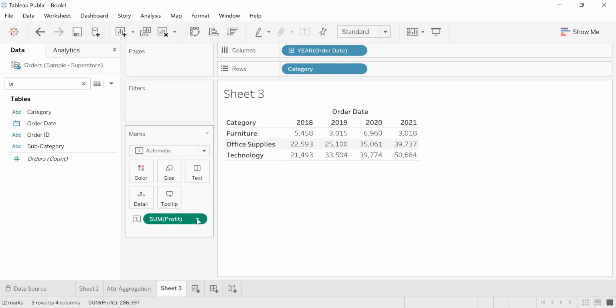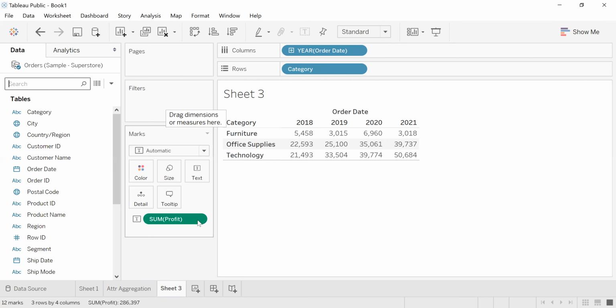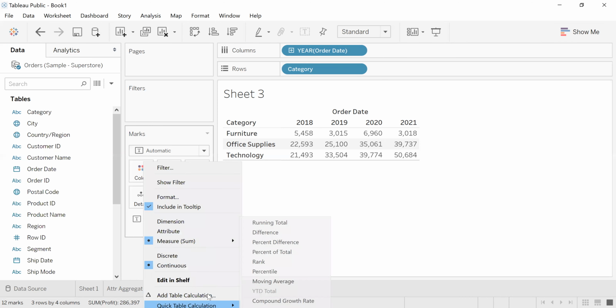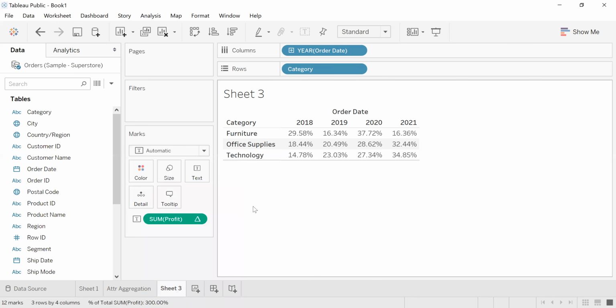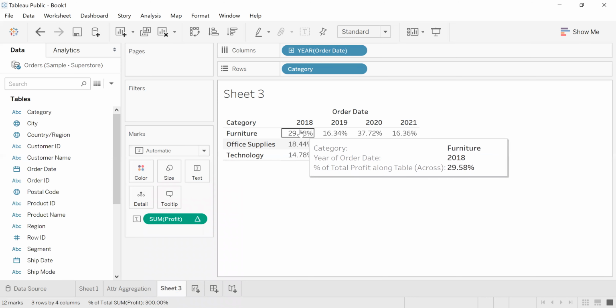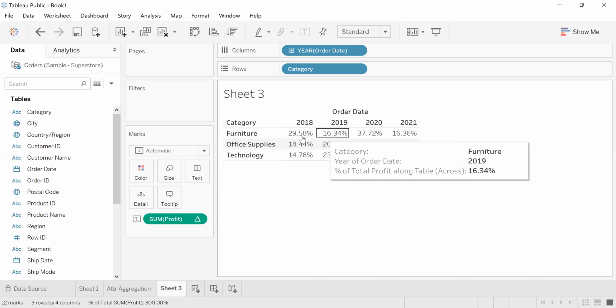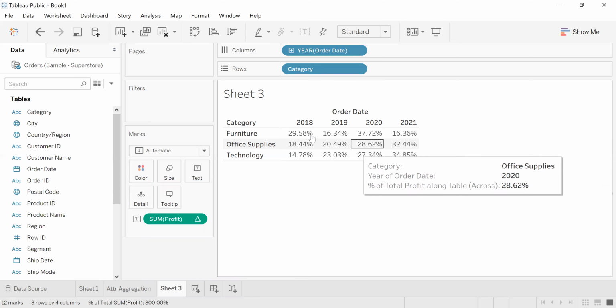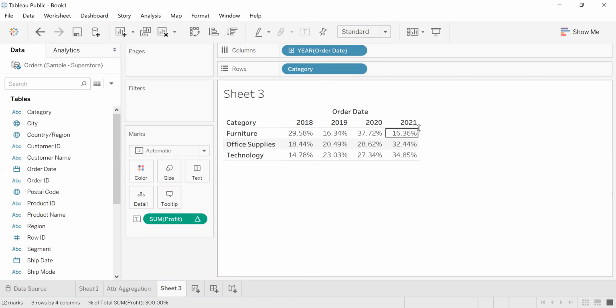So my requirement is I want to see the percentage of total here. In Tableau, you don't have to create a calculated field for the percentage of total. They have given a straightforward option to create a percent of total. So go to quick table calculation and choose percent of total. When you do that, you will get the percent of total. Now, what is this percent of total showing? Is it row wise? It is column wise.